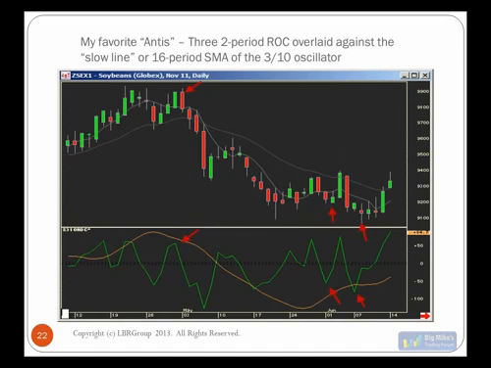So one last trick I wanted to show you here was I like to use the slow line on the 3-10 oscillator. Remember, that was my moving average oscillator in the very beginning, and I like to trade the flips against that. So I'll use this as my trend and momentum. So right here on this bean chart, I have a downtrend in the momentum, and I'll be a little bit more aggressive when I get the cases where this 2-period rate of change,